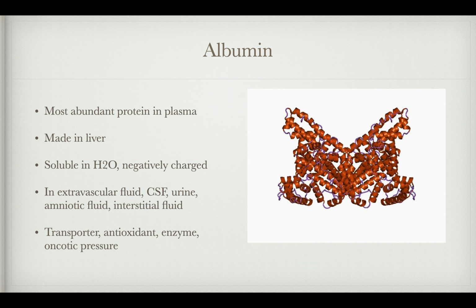Okay, so one of the major players is albumin. We all heard about it, right? Albumin is the most abundant protein in plasma. It's made in the liver. It's soluble in water, and it's negatively charged. That's why it interacts well with water. It is present in the extravascular fluid, the cerebrospinal fluid, the urine, the amniotic fluid, and